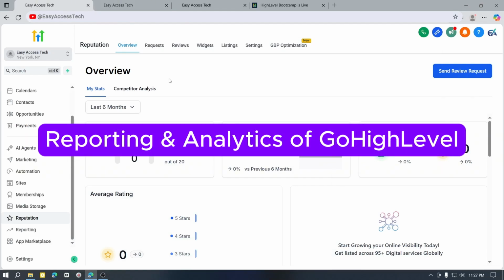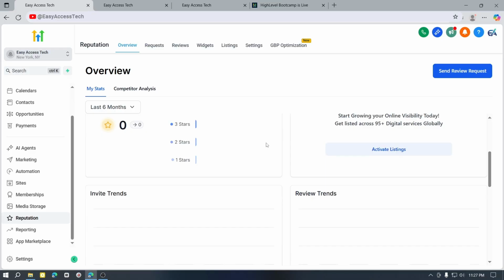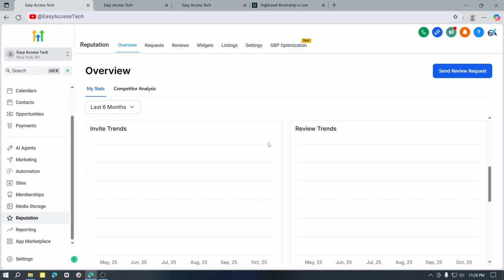GoHighLevel is not just about automating emails, messages, and funnels. It's also packed with reporting and analytics features that make running your business so much easier. If you have ever struggled to understand which campaigns are working, where your leads are coming from, and how your sales are performing, this video will break it down in the simplest way so you can make smarter decisions